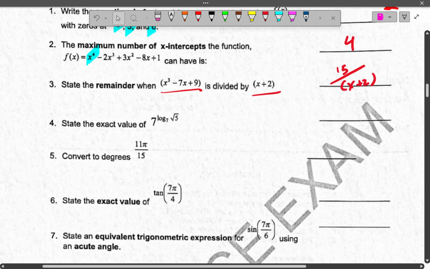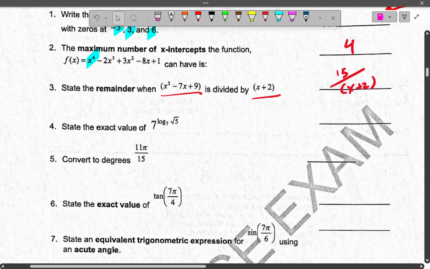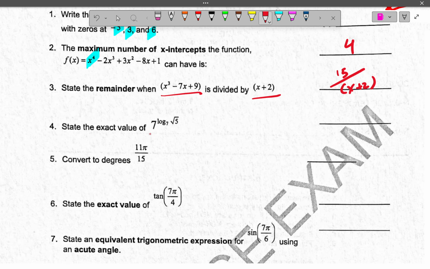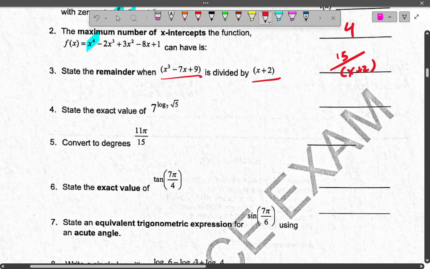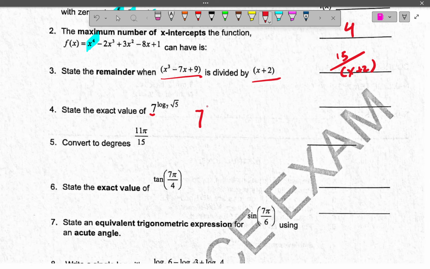For question 4 here, this can be done quite quickly because there's a log rule dealing with these logarithms here. It says that if you have a base, in our case here our base is 7, that's raised to the exponent of log base 7, it says that,